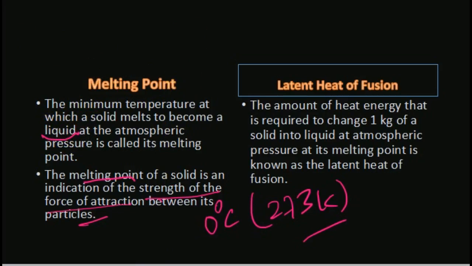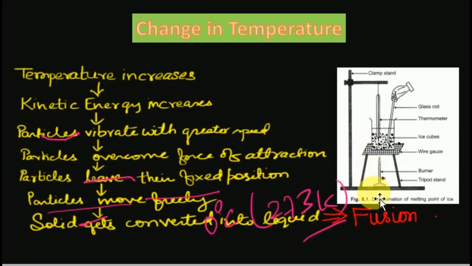Now we will see that when we provide further heat, not all ice cubes will melt at a time. It will take some heat energy. In this process we see that the temperature will not increase, it will remain constant. So where does the further heat go inside the system? It is considered that it remains in the contents of the beaker. That's why this is called hidden energy, or latent heat. Latent means hidden.